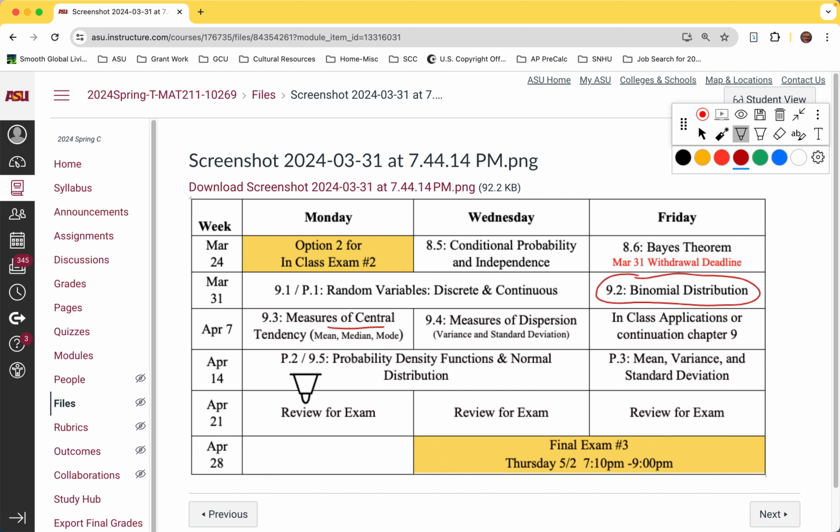And then this is really the application, the normal distribution. We're going to apply these things we've been learning. And then that's the end of the class as far as new content. And we have that whole last week to go back and review. We'll have some activities for you to do. But again, no new homework or anything, just things to help you do really well on that last test, which will be on Thursday, May 2nd. Okay, so that's our pacing.